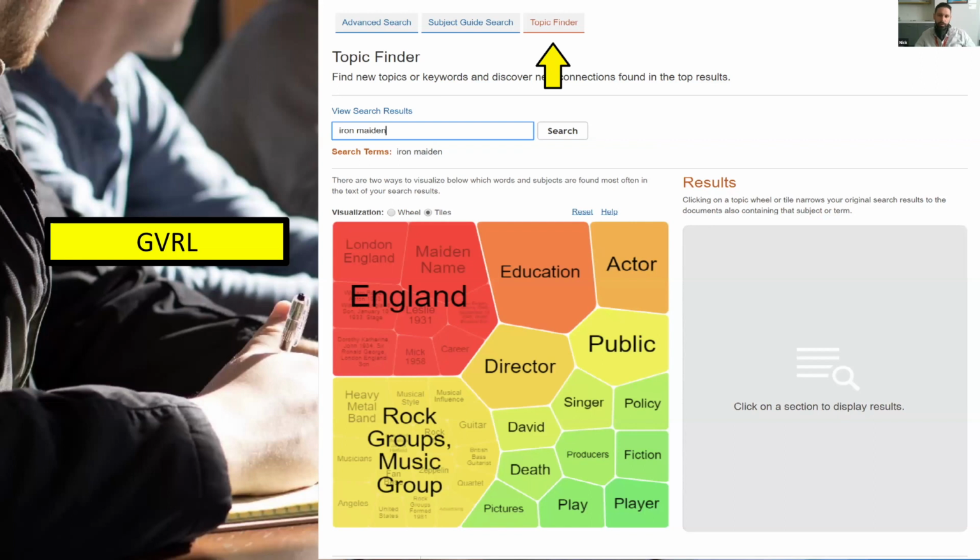Under Topic Finder, there's a little bit of a data visualization here. If a student is looking for a topic to write about or to research, I put in a more ambiguous term here, Iron Maiden. That could be either a heavy metal band from England, or it could be a medieval torture device. So you want to make sure that when you're searching